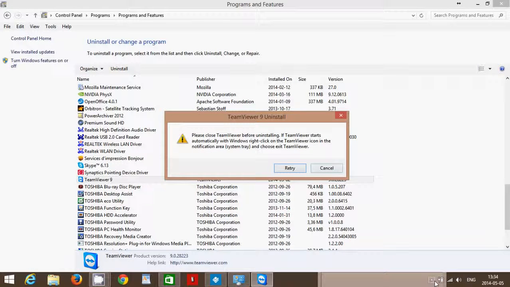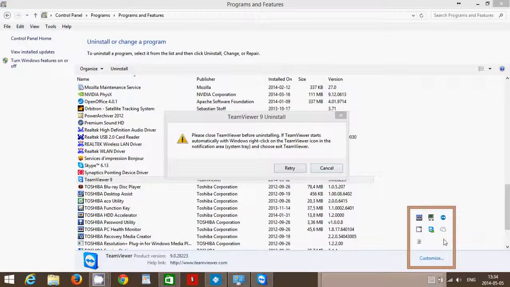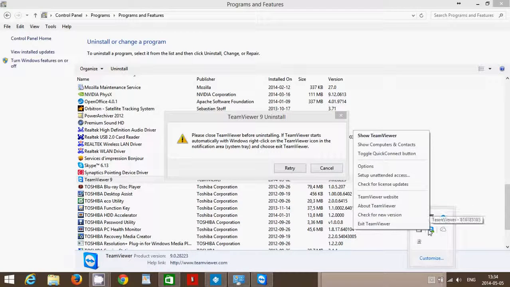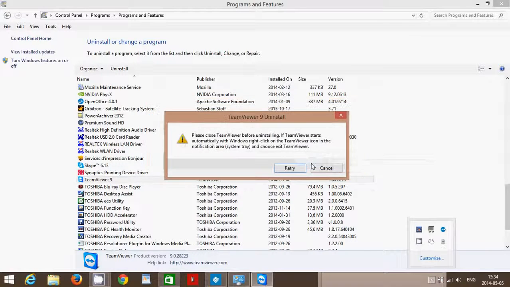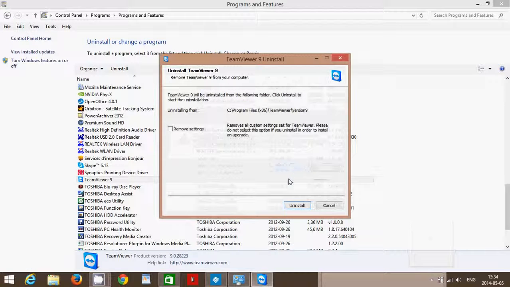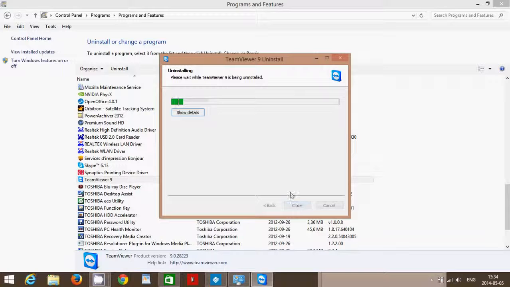So I have to close it because it's probably running right here. TeamViewer, here we go, exit TeamViewer. Sometimes it happens. These are what I would say not well designed apps. So here I uninstall and remove the settings, and you see it uninstalls like a good old Windows program,